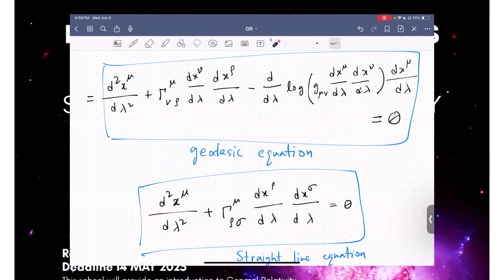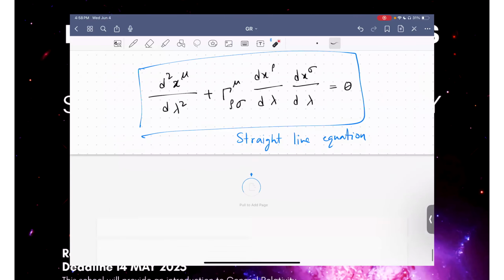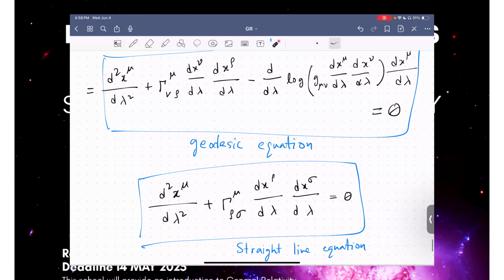So remember the physical interpretation of this equation. This equation was telling you that the tangent vector is being parallelly transported. So the covariant derivative of the tangent vector was basically 0. This is the covariant derivative of the tangent vector, so this basically is dx^mu/d lambda covariant derivative. The free index is mu. Right. And so what we observe here is that the covariant derivative of the tangent vector along the shortest path